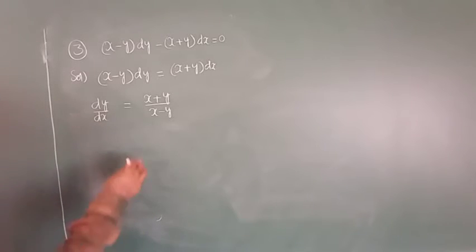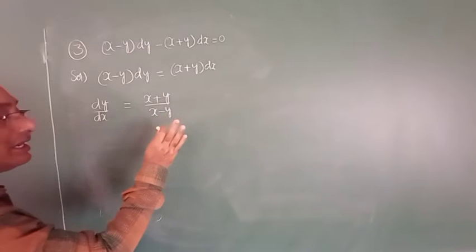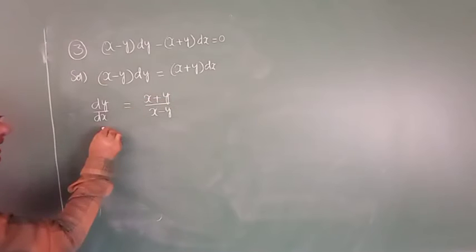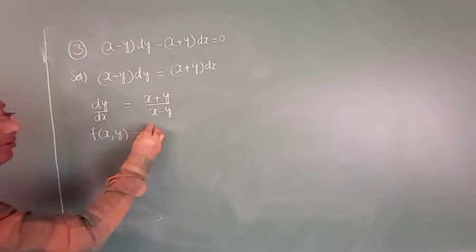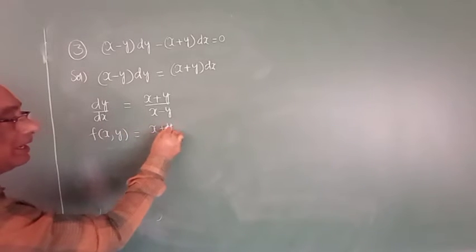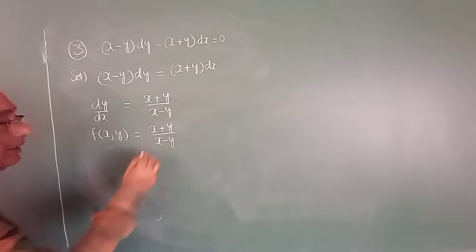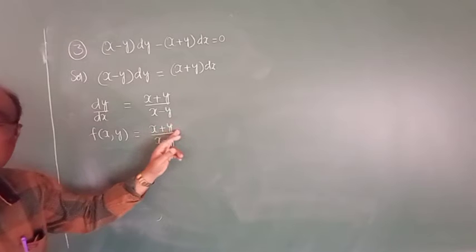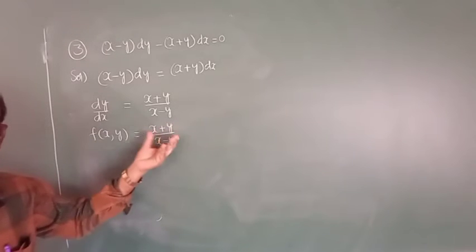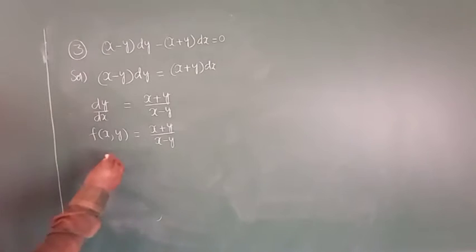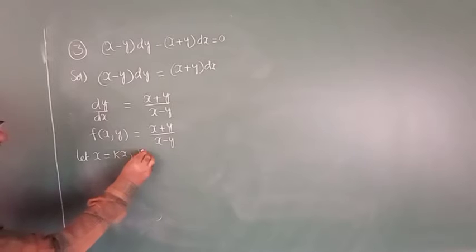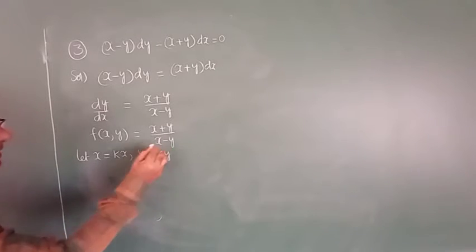Right, everyone see. Now is it homogeneous or non-homogeneous? So first I am going to check. Given the right hand side, f of x comma y, f is changing x and y as (x plus y) by (x minus y). Variables are changing like this. Immediately let x is equal to kx, same model, no change, y is equal to ky, and substitute in this.